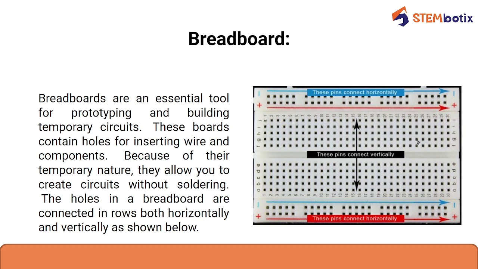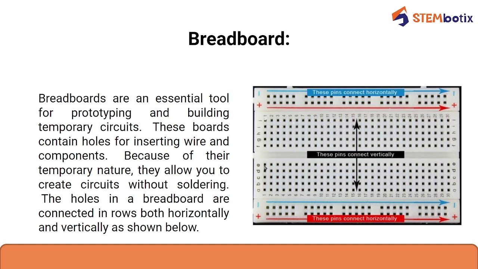Whereas in both of these sections, you can see that from A to E, there is a dividing part over here, and from F to J. This section is internally connected and this section is internally connected, but these two sections aren't internally connected to each other, they are separate. So from this hole A to this hole E, these five holes are internally